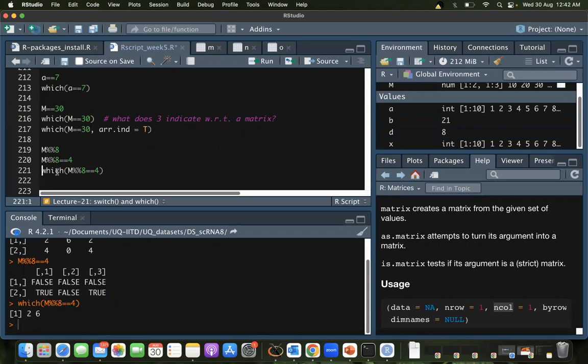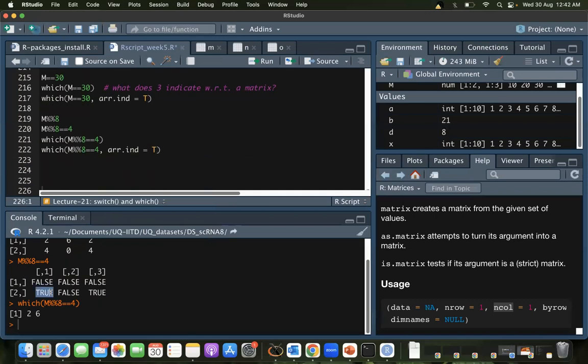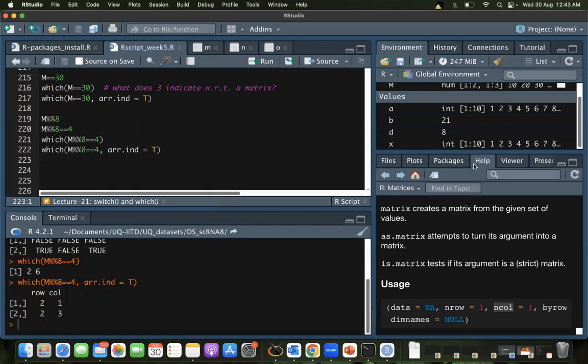And now what we just saw here, we can do arr.ind equal to TRUE. Can you tell me what this should give me? For this one, I need to get 2, 1, and for this one, I need to get 2, 3 as the indices, right? When I run this, I get it like this. For the first element it's 2, 1, and for the second occurrence it's 2, 3. I hope that is what you were asking.